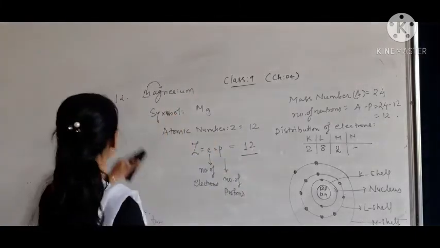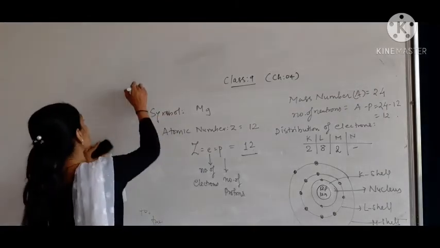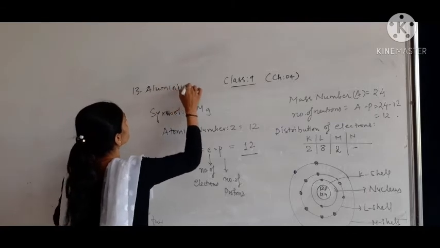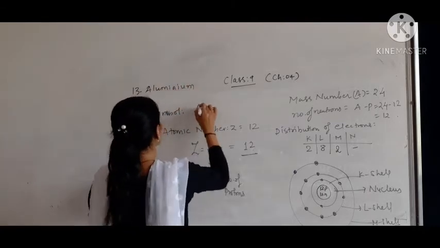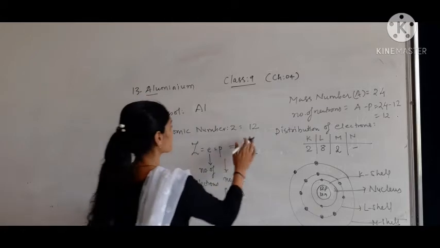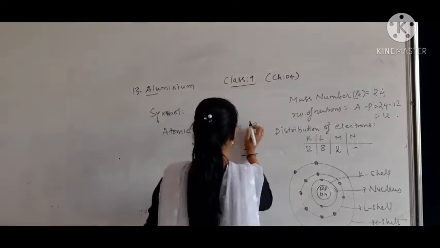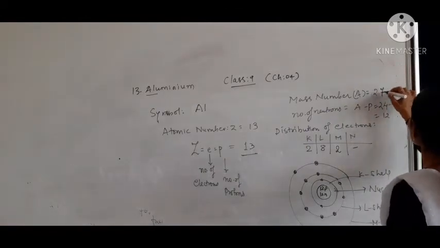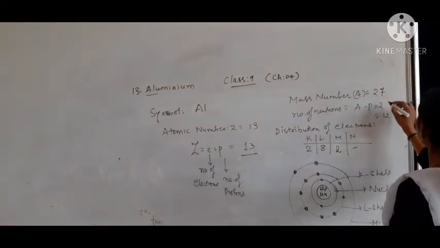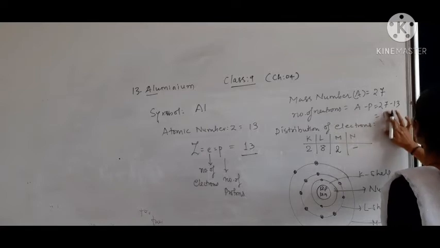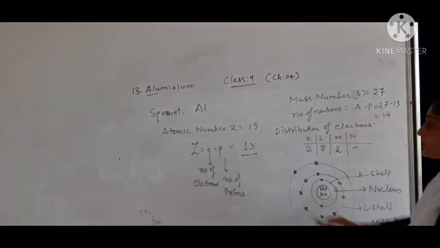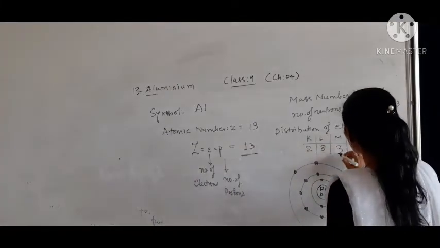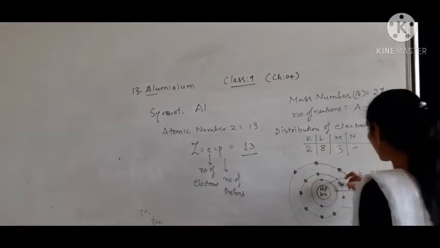After magnesium we have aluminium, 13. The symbol of aluminium is Al, the first two letters. Atomic number is 13. The mass number for aluminium is 27. So 27 minus 13, so the number of neutrons is 14. Here we talk about 13 electrons, so 2, 8, 3. So we have 3 electrons in